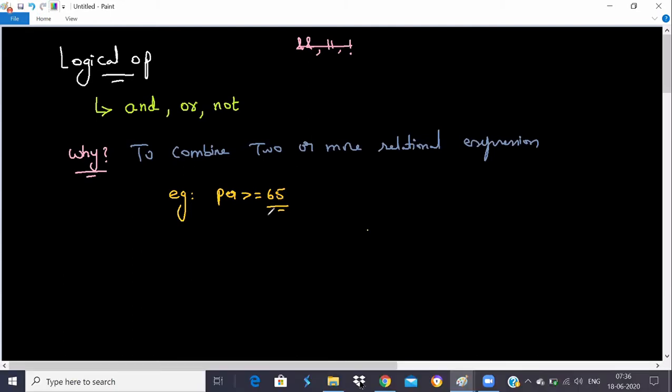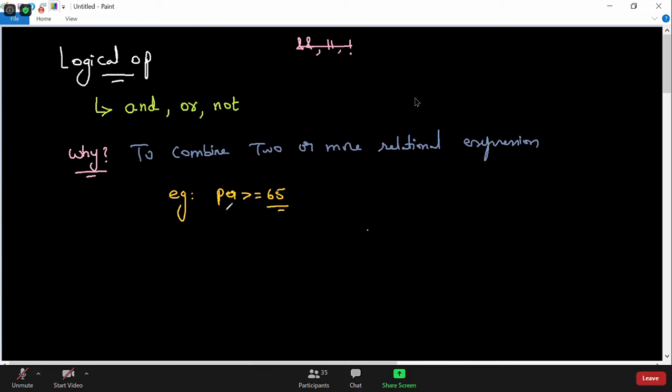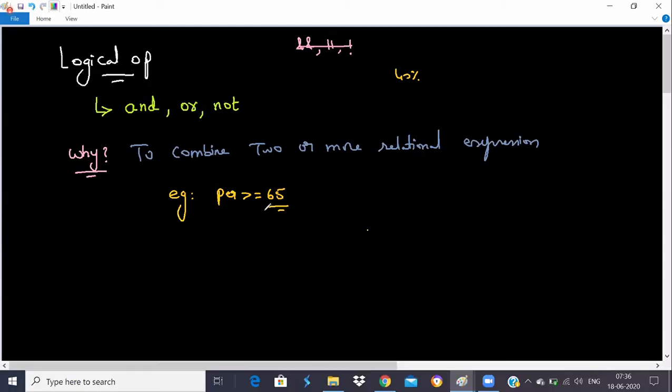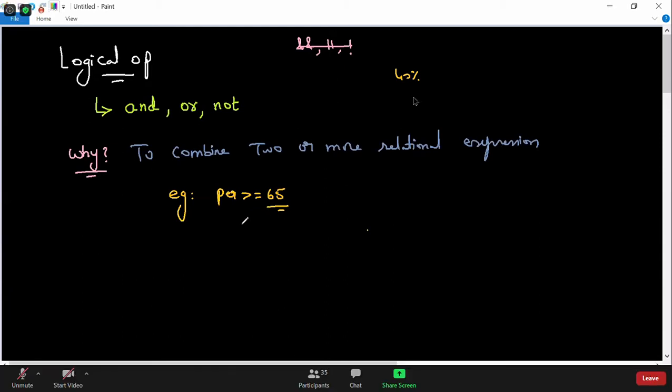But my question is, I told you that some guy got a percentage more than 65, and suppose the passing criteria is 40%. If he gets 40%, he passed actually. He got more than 65 actually. So whether he passed or failed? Everybody thinks he passed, but guys, the situation is not easy, because based on percentage itself, you cannot take a decision.